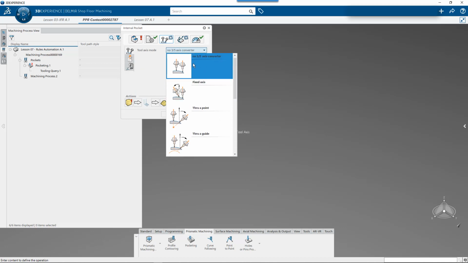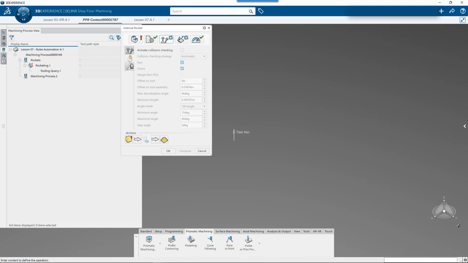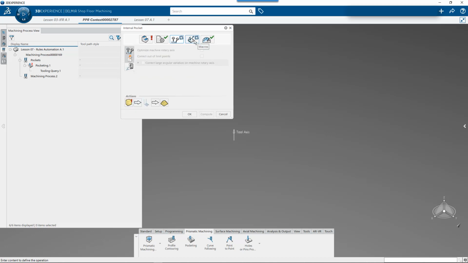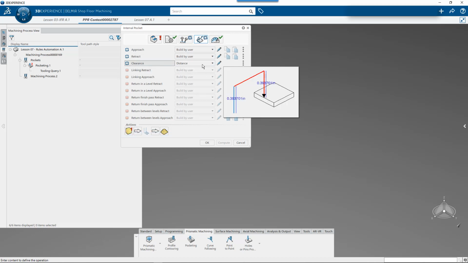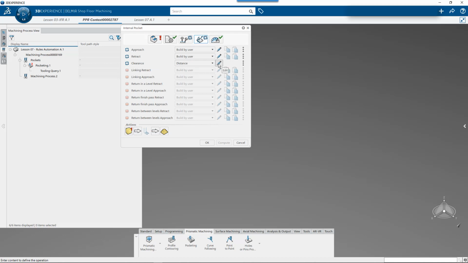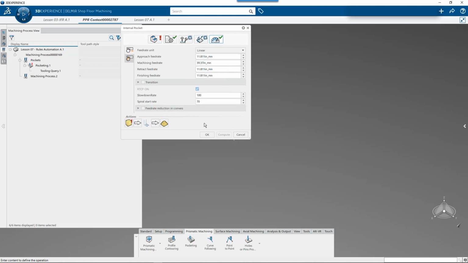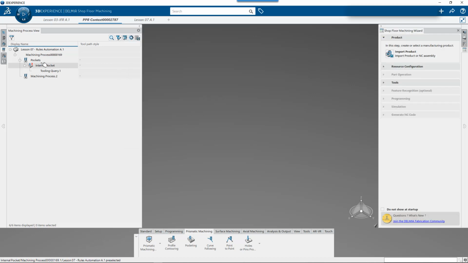If I had multi-axis like in here, I could set the multi-axis I want. Collision checking, whether I want kinematics turned on. I can set my lead in, lead out, my clearances here that I want. And then I can also set all my feeds and speeds the way that I want them to be. And so what I do is, in this machining process, I'm going to do one that's called